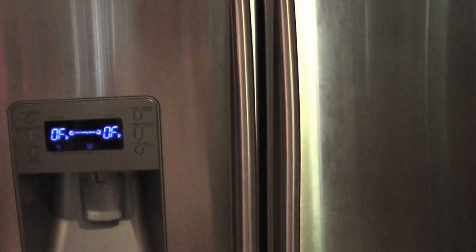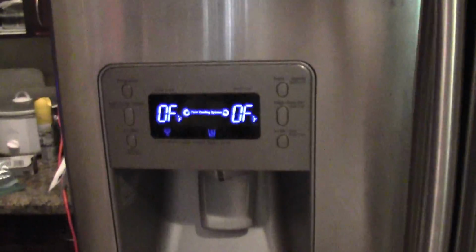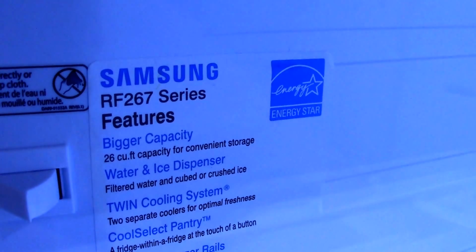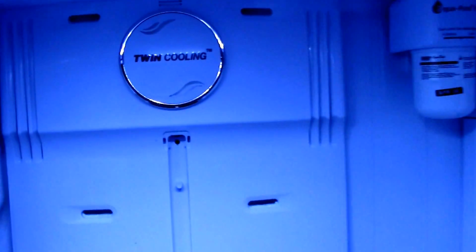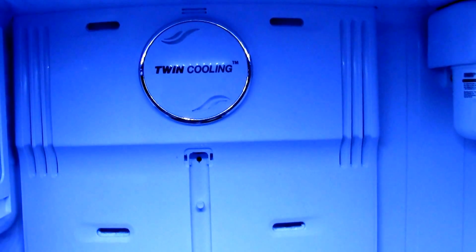Okay, this is a Samsung side-by-side refrigerator with a bottom freezer, and you can see the control panel. It's off right now. This is the RF267 series, and evidently there's an ongoing issue with these refrigerators where the evaporator coils seem to